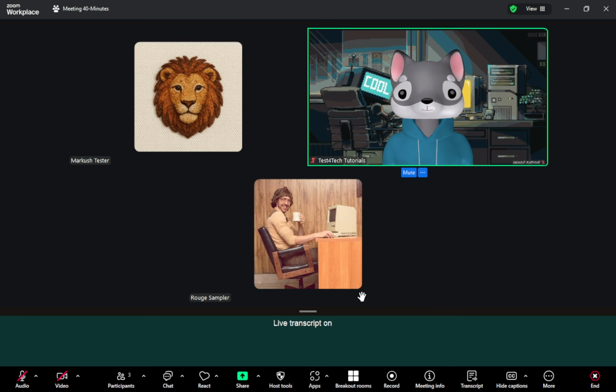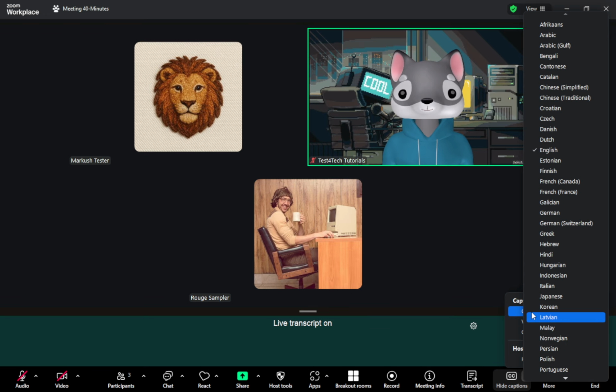Now, there are different ways you can choose to view these captions. After transcription begins, click the small arrow next to the Live Transcript button. Here, you'll see several options. You can select Show Subtitles to have captions displayed at the bottom of your screen, which is perfect for a